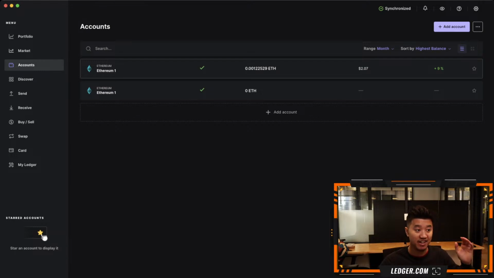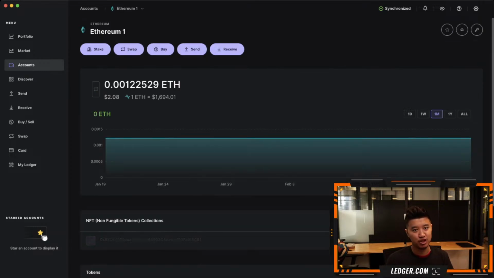You guys can always verify your assets and your balance on the blockchain, right? Basically, what Ledger Live does is help you visualize this, like a one-stop shop for all your assets, and it also allows you to manage your assets. Okay, so as far as viewing your assets go,